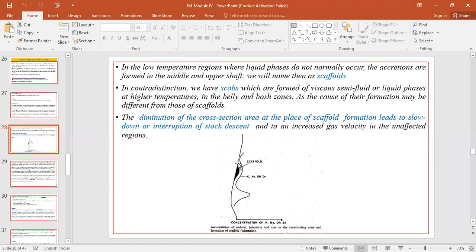Okay. The solid projections which are formed at the shaft part of the blast furnace are called scaffolds, whereas those formed at the belly boss region of the blast furnace are called scabs. The reason for the formation of these solid projections at different parts of the blast furnace is different from each other. The scaffold formation at the top part of the blast furnace in the shaft region is because of